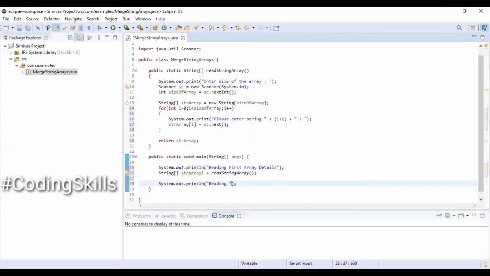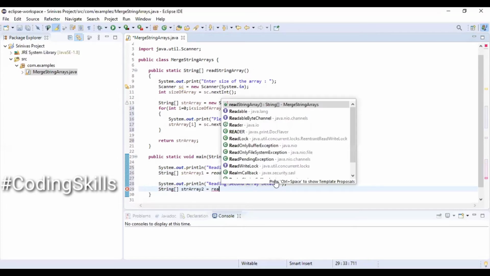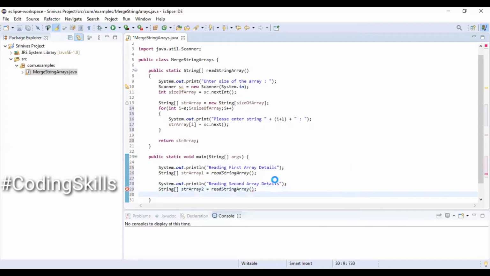Printing another message on the console, reading second array details. Declaring a string array strArray2 equal to, again calling the static method readStringArray.